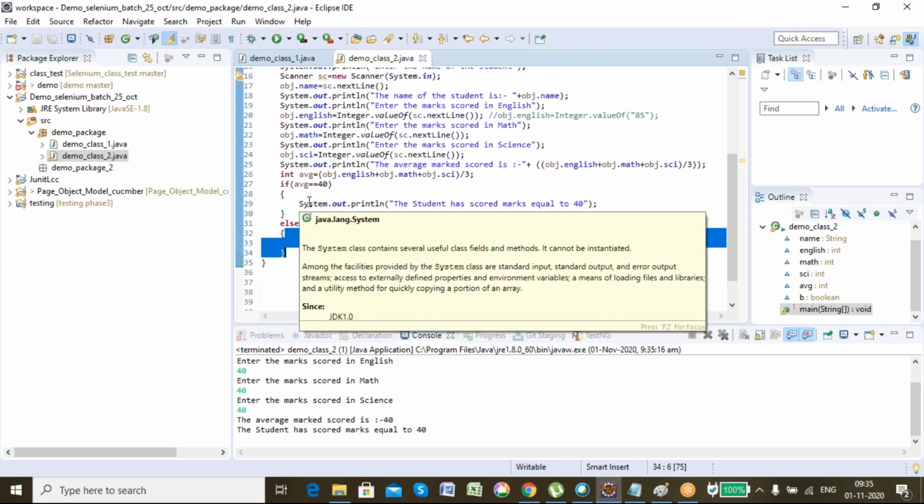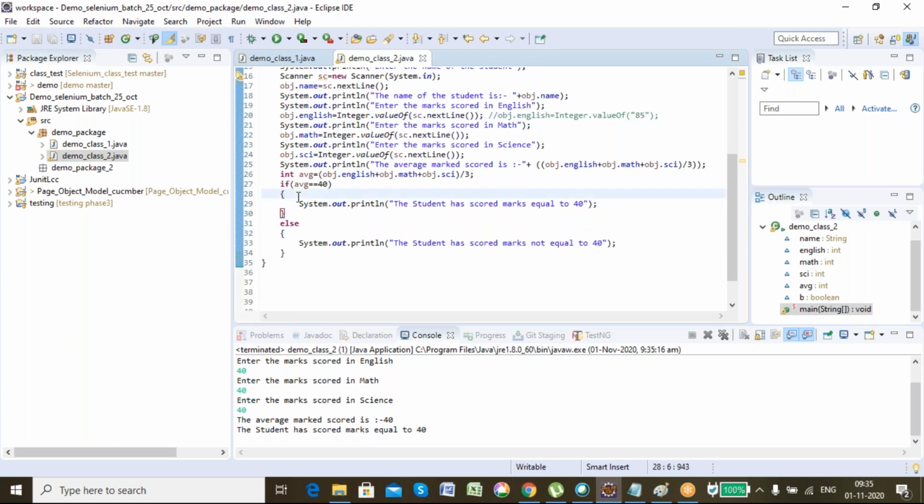Now one interesting thing is that although we are giving curly braces, if we have a single line inside the if statement or else statement, we can omit the curly braces. That means here I have only a single line of code inside the if block and a single line of code inside the else block. So even though I give curly braces, it is okay, I can also remove the curly braces. That's also fine.